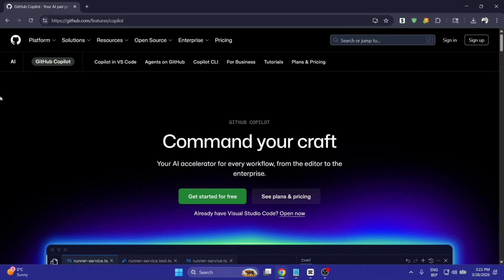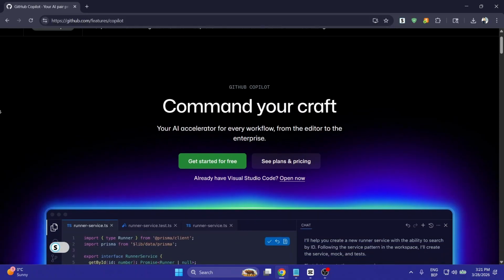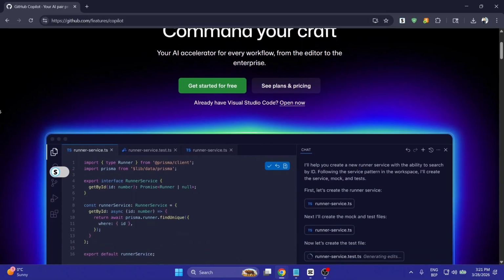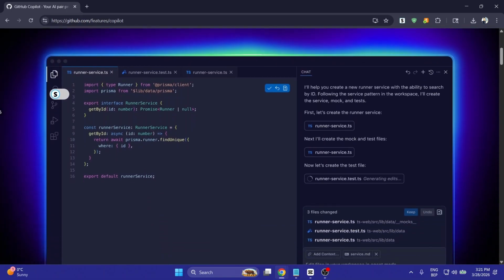Hey everyone, welcome back. Today I am showing you exactly how to unlink GitHub from Discord. Whether you want to remove it from your personal Discord profile or stop notifications in your server, let's get right